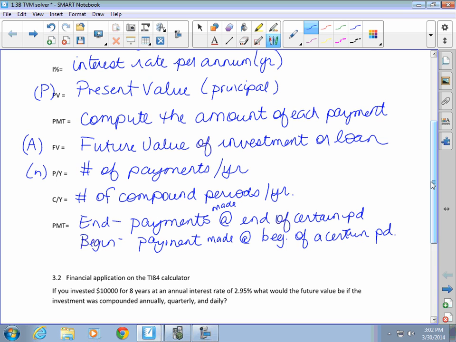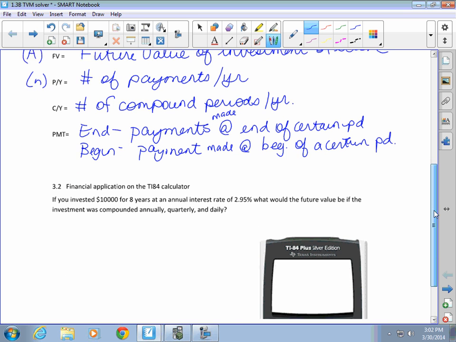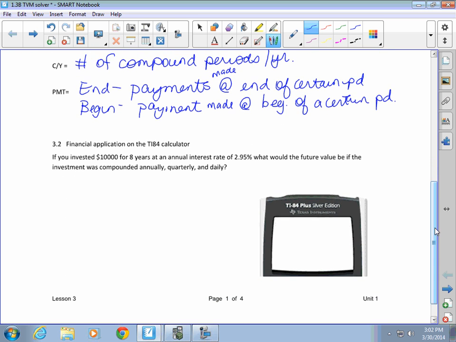So we're going to try a few questions with this. So it says, if you've invested $1,000 for 8 years at an annual interest rate of 2.95%, what would the future value be if the investment was compounded annually, quarterly, and daily? Okay, so what you need to do on your